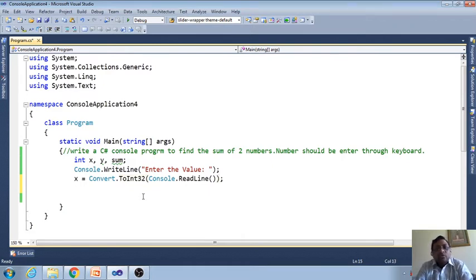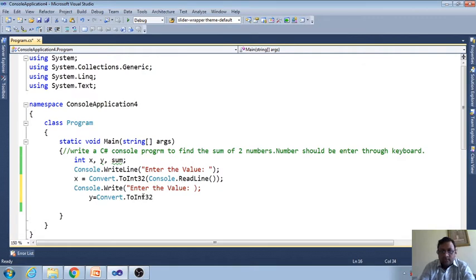Now we will do the same work for y. Again Console.Write, "Enter the value", and y equal to Convert.ToInt32, and here we have Console.ReadLine. ReadLine is basically used for reading data from the keyboard.